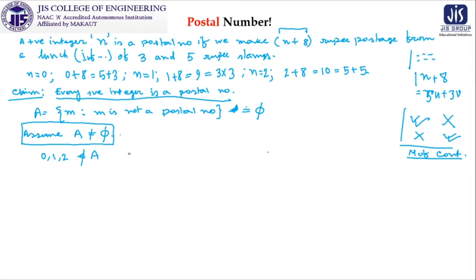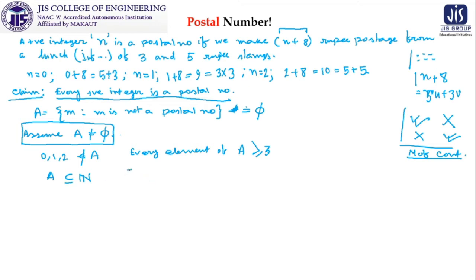So if capital A is containing the numbers which are not postal numbers, then every element of A must be greater than or equal to 3, because 0 will not be there, 1 will not be there, 2 will not be there, and A is a subset of N, means set of natural numbers. So every element will be greater than or equal to 3. Now we are assuming this A, which is nothing but a subset of N, N means set of natural numbers,